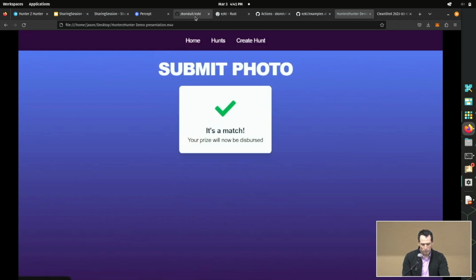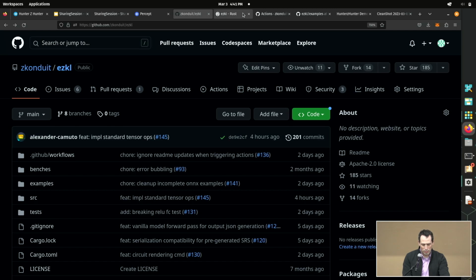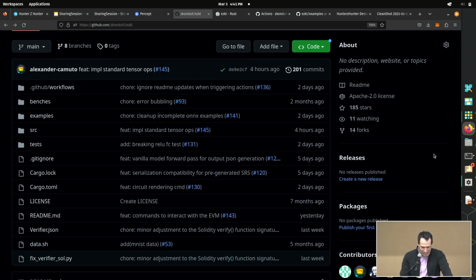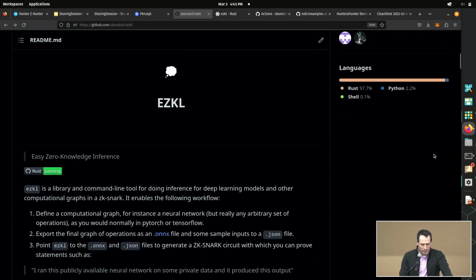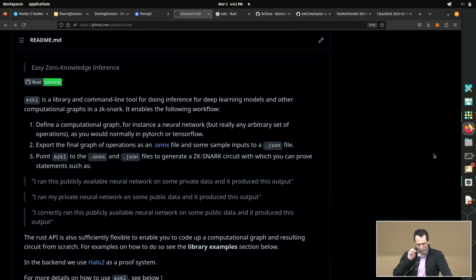Great, so now let me switch gears and just talk a little bit about the repo itself. So I'm going to talk you through just a little bit of the README. My goal here, again, is to make it so, I don't want to build any applications. That's not my thing. I don't know how to growth hack or do anything like that. My goal is to let you build an application with the minimum fuss. This is our repo. It's supposed to be easy zero-knowledge learning.